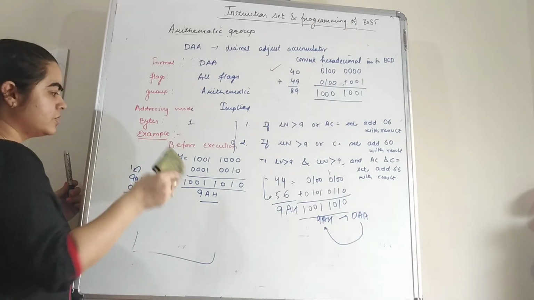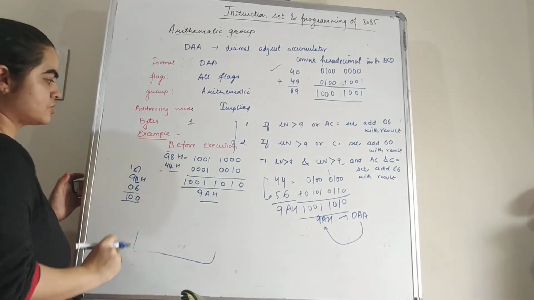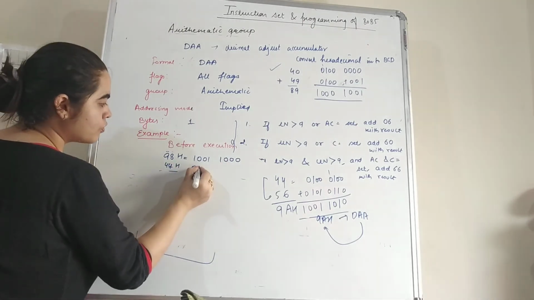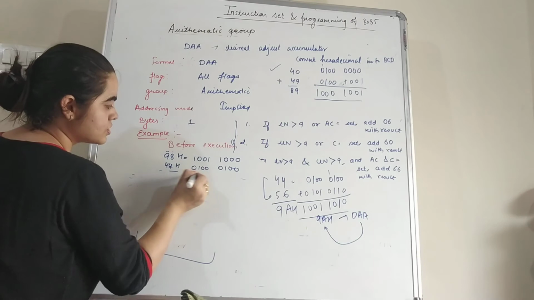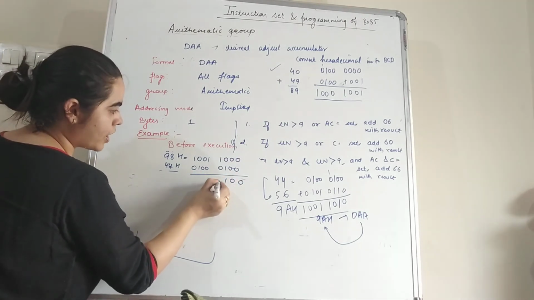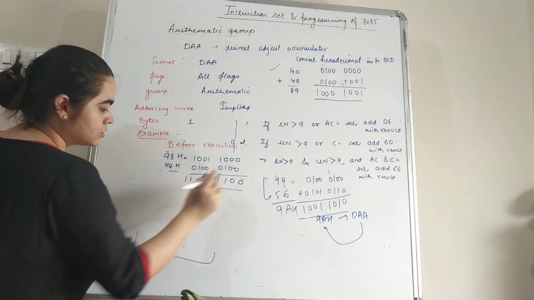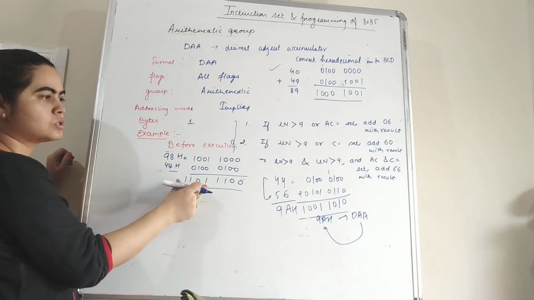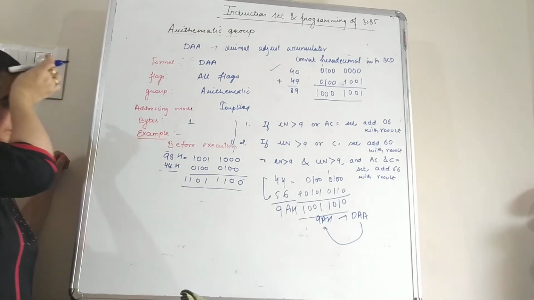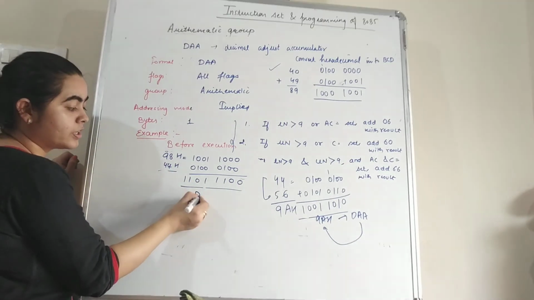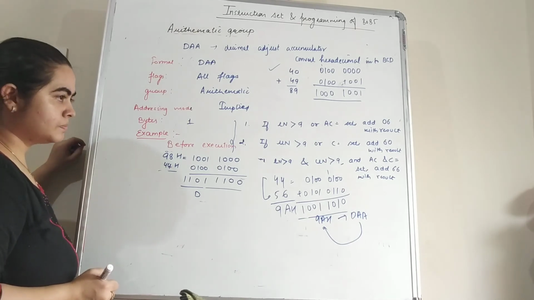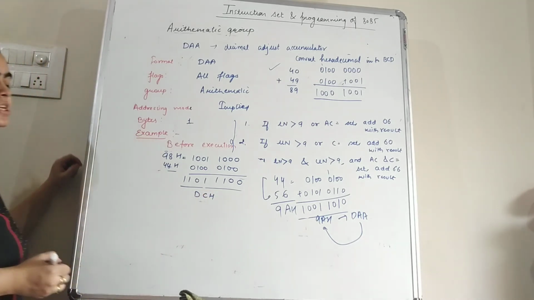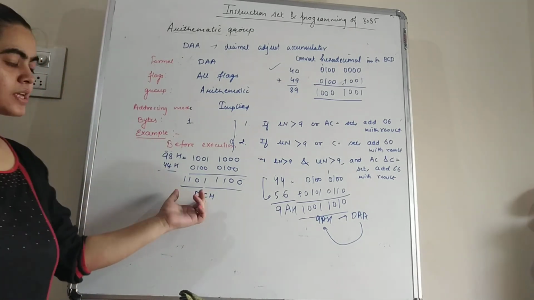For example, here we have a value 44H. So 44 means 01000100. Now you can add these numbers 0011 1011, so if we write it in hexadecimal, then it is 8 plus 4 plus 1. So 8 plus 4 plus 1 is 13. So 13 we can write in hexadecimal as D, and this is 8 plus 4, that is 12. So DCH.